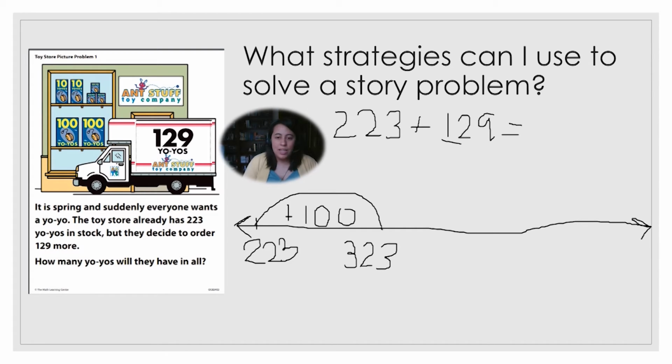Let's see. Now I have 2 tens here. I think I can add that to the 2 tens I already have in 323. So I'll make a jump of 2 tens. I maybe should have made it a little smaller, but I'm trying my best. So now I have 300 still, and 2 tens plus 2 tens would be 4 tens, or 40, and then I still have 3 ones.